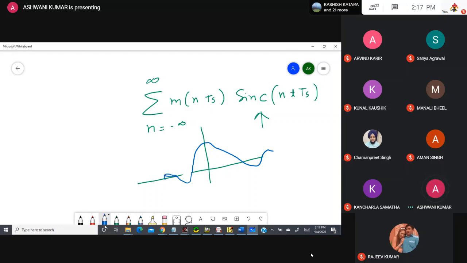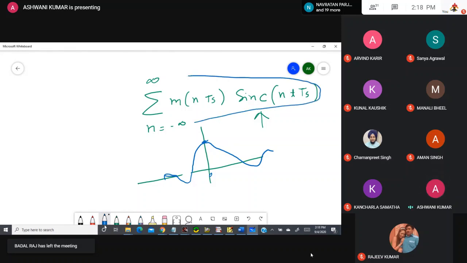It has the maximum amplitude at 0, and then it decreases. So when you have repeated pulses, they give you this reconstruction formula. This reconstruction formula has so many sinc pulses, and the amplitude of each sinc pulse changes with the number n.